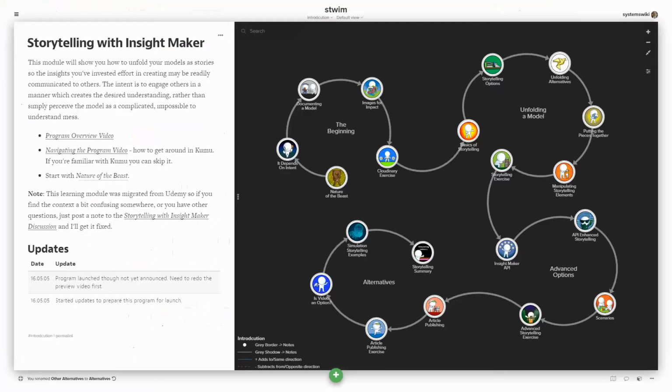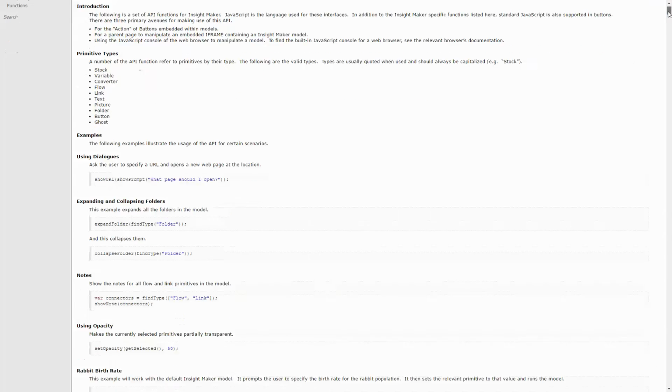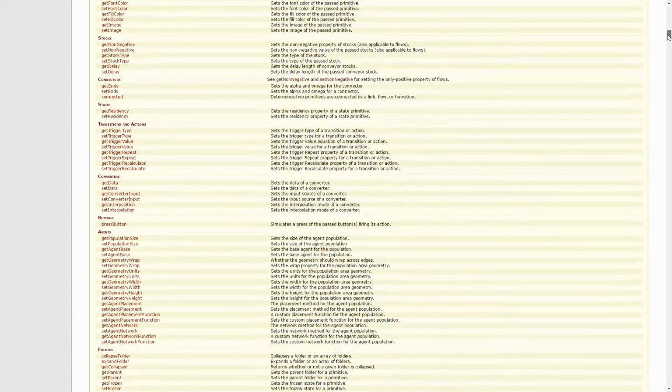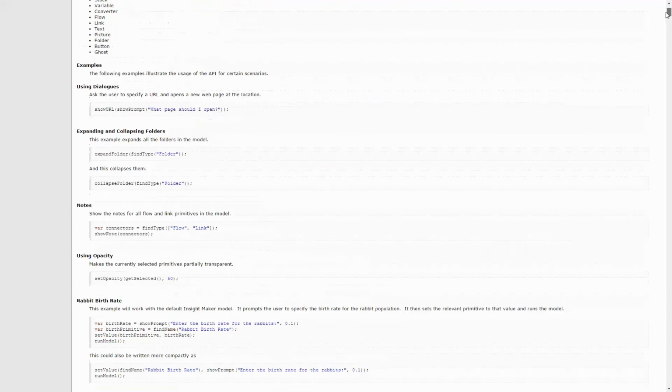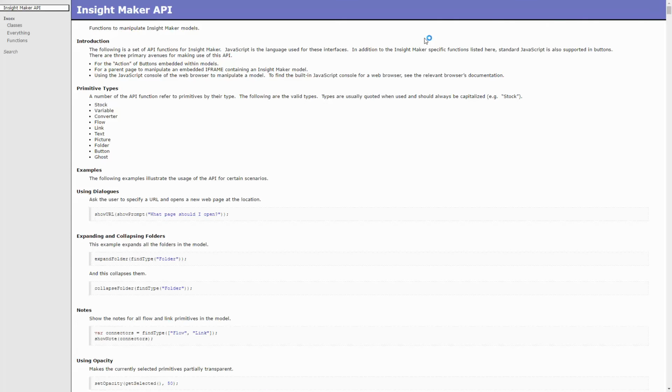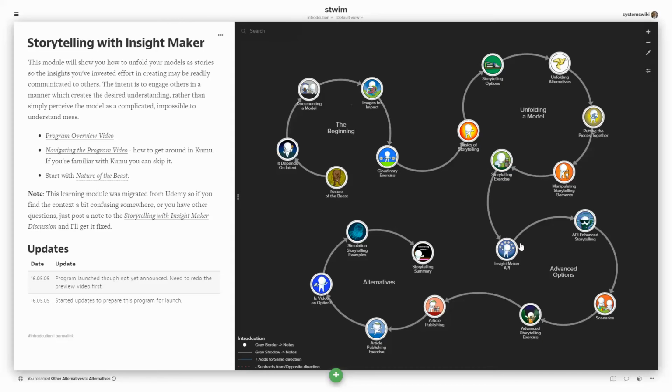From there, it progresses to the advanced options in terms of how you can use the Insight Maker API, which is extremely extensive in terms of the functions that are defined that you can use to govern how a simulation model interacts. Then you can use them to essentially enhance the way that you unfold stories, and also